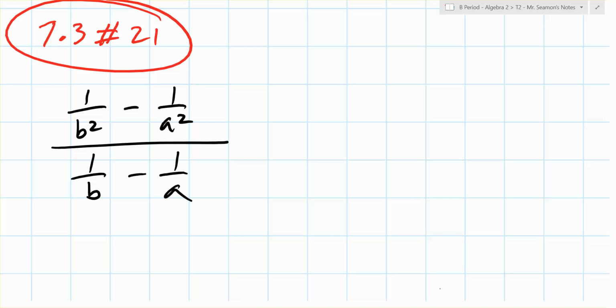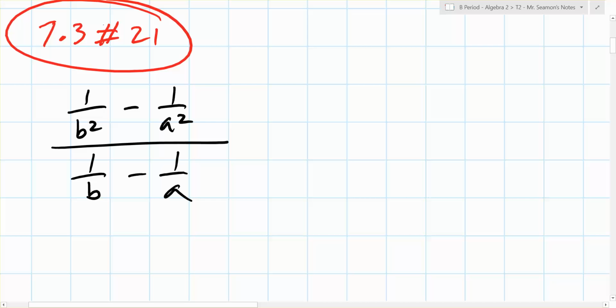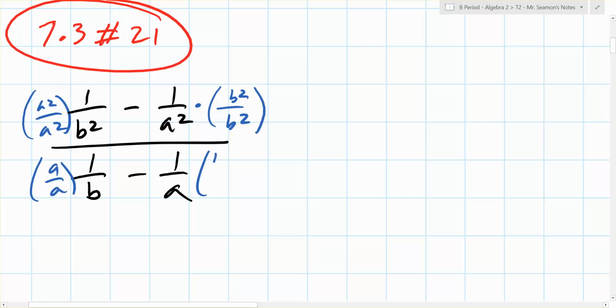To subtract fractions, we need a what? We need a least common denominator in order to form a common denominator. So what are we going to multiply this 1 over a squared by? Exactly. And what are we going to multiply this one by? Over a squared. And then down here, this one's going to be over a, and this one's going to be